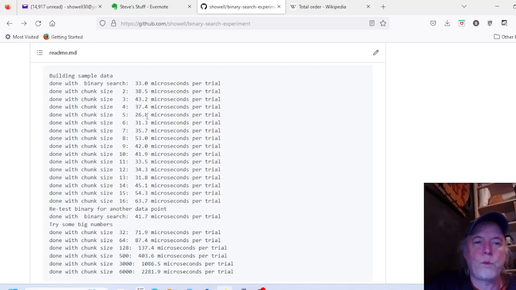Now, I ran this experiment several times, and I'm not making any strong claims here because the numbers vary from run to run, and the numbers are obviously based on the hardware that I'm using, pretty typical hardware, as well as the way that I constructed the stress test. I did use random numbers for the stress test, and I used 1.5 million values in the containers. So I think it was at least somewhat representative and enough to